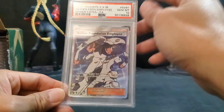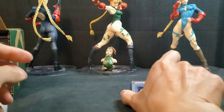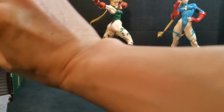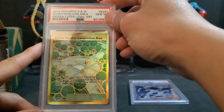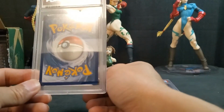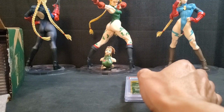This is a 10. Nice. Hidden Fates, because I think Power started collecting Hidden Fates first, and I wasn't into Pokemon yet. Here's another one from Hidden Fates, gold card. It is a 10. I would like to say and expect that the majority of these Hidden Fates cards should be a 10,